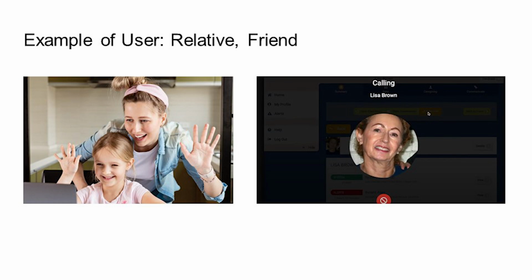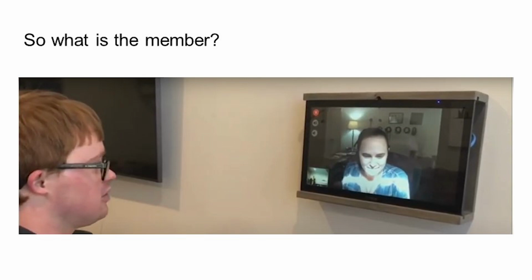And so those folks would need to be granted access to the portal, and therefore would become users as well. So all of this talk about users and providing care through the portal now begs the question, what is the member? If the member is not the user in the strict sense of the word in the portal, how is the member referred to? So we go back, we look at this theoretical or hypothetical example of, we know this